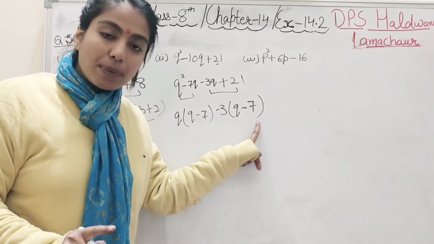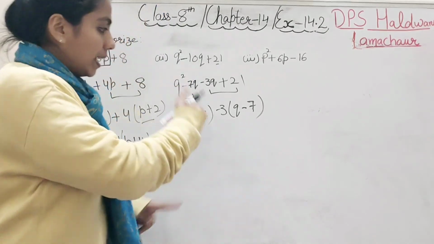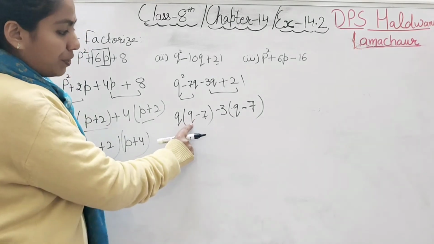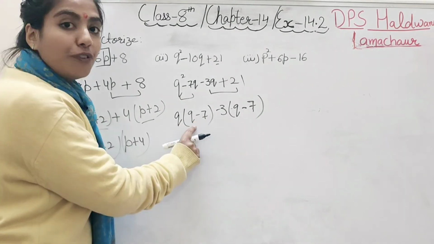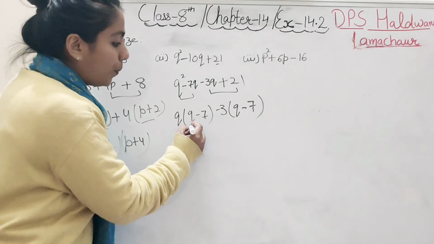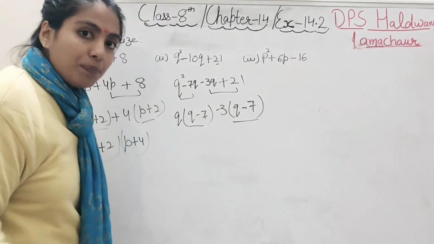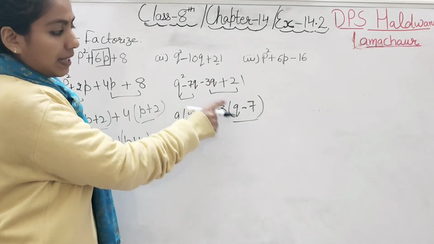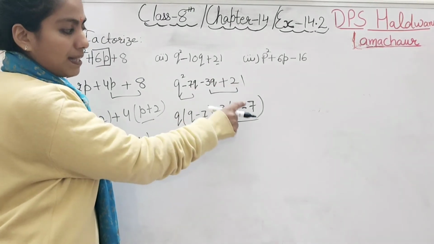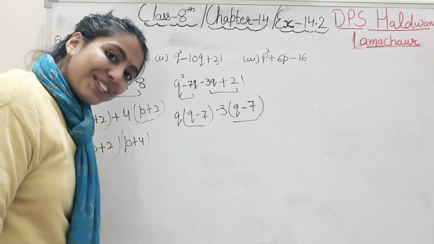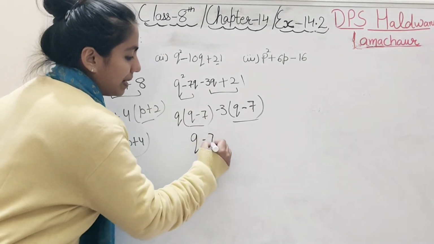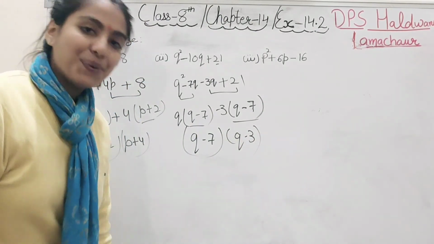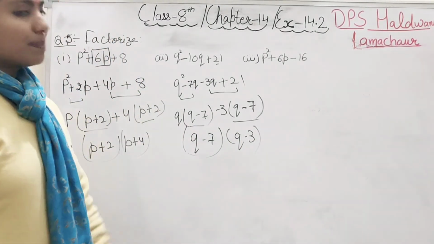We have done this math in algebraic terms. Okay? If you had taken plus 3 here, this would become minus q and plus 7. We want q minus 7. And I told you both the brackets should be the same, that is why we took minus also outside. So this q, which was minus, became plus, and 21, which was plus, became minus. Right student? Now the same q minus 7 and q minus 3 are the factors. I hope you understood student. Now this is about the second part.